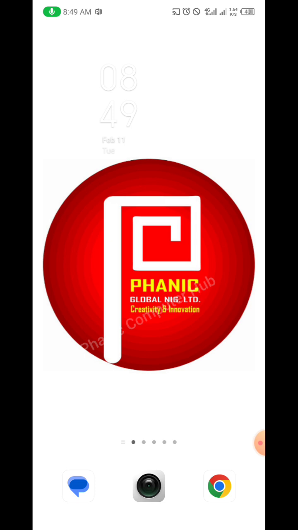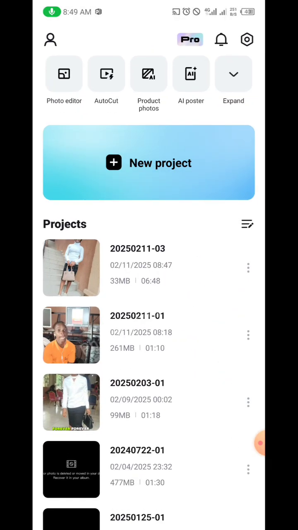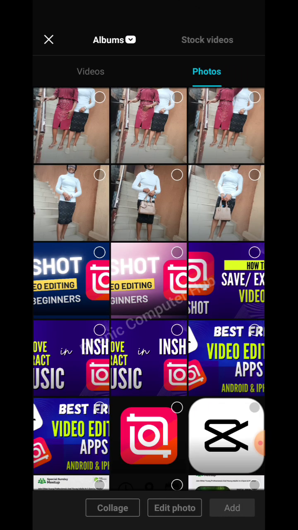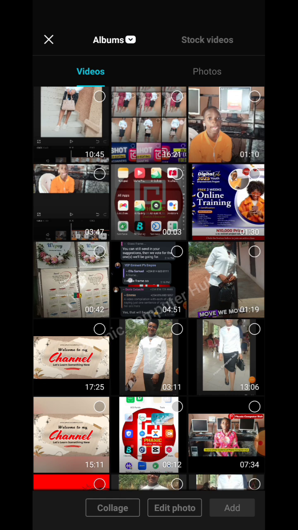So when you added that one clip, you now have to split it. You have to divide it so that hello guys will be different, then I want you to know this will be different, and then you now add the ones that you want to be in between them. So I believe you understand it, right? So let's go over to CapCut and I will now show you what it means by splitting and also how to achieve it. So let's say I click on new project, I go over to my videos